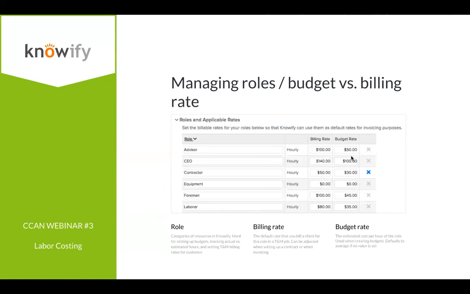Then the budget rate is going to be for when you're using Knowify to estimate the cost of a job. Basically, this way, if I'm trying to say, okay, well, I know that it's going to take me 10 foreman hours to complete this job, we use this budget rate times 10, and we say it'll cost you $450 in labor. So that's really the relevance of this number. So it doesn't actually affect when you're actually logging foreman hours. But that way, when we're tracking our actual versus estimated, this is the estimated. This is the budget that we're tracking the hourly rate